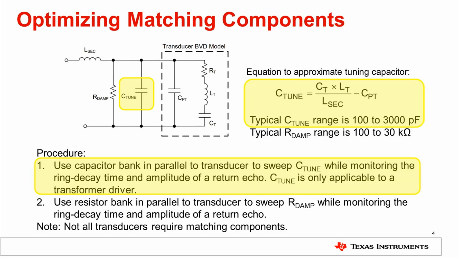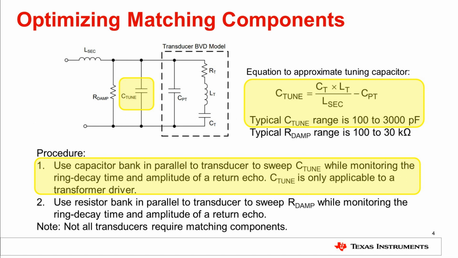When using the transformer-driven mode, the equivalent circuit of the transformer introduces additional parasitics to the BVD model of the transducer. The transformer parasitic with the greatest performance impact is the secondary side leakage inductance. Recall, the transducer is a high Q component that resonates exclusively and most efficiently at a single frequency. For instance, a 40 kHz transducer cannot be driven at 30 or 50 kHz. Any drift from the resonant frequency yields a loss in the sound pressure level generated during burst.